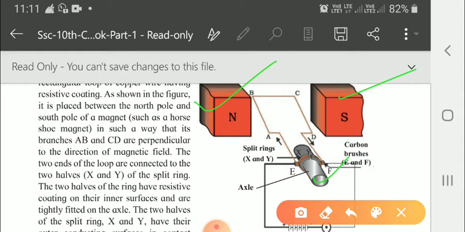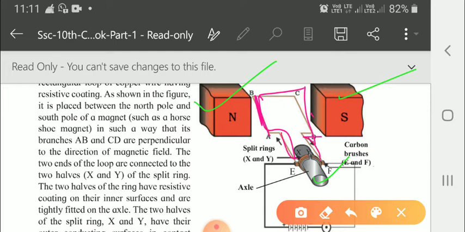Here we can see this is the coil, copper wire that has an insulating coating. That means current should not touch our hand. It is avoiding that touch. See, this is the AB coil, and this side is the CD coil. These both are joined here,